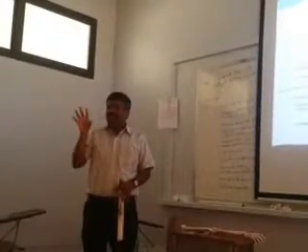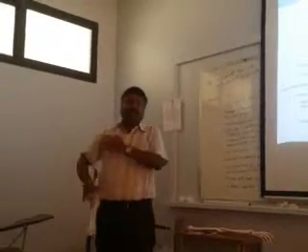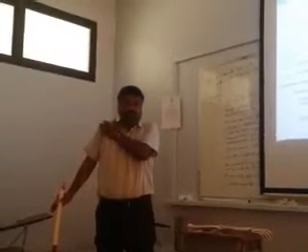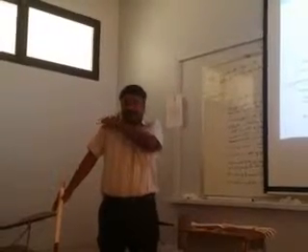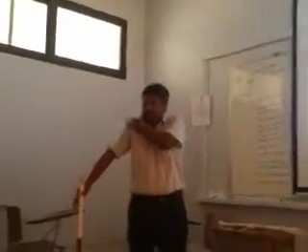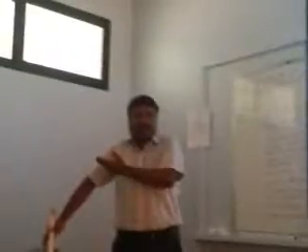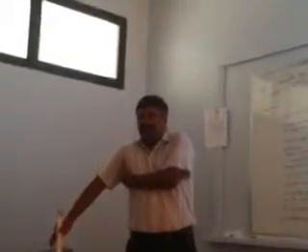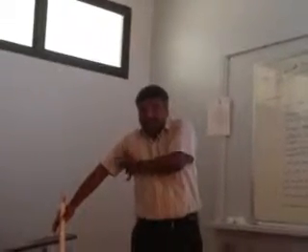Otherwise, in all the synovial joints, the capsule is attached to the articular margin, except in the shoulder joint. In the shoulder joint, everywhere it is attached to the margins of the anatomical neck. Only on the inferior side it goes to the surgical neck. That's why dislocations of the shoulder are very common, inferior dislocations. Do you understand? Just refresh your memory about the shoulder joint. Everywhere it is attached to the articular margin, except on the inferior side, which goes to the surgical neck.